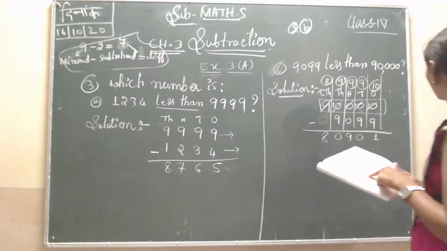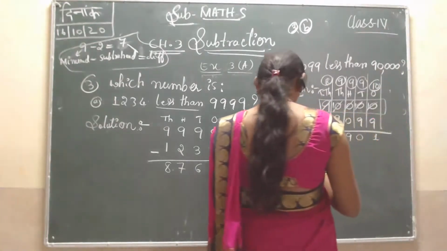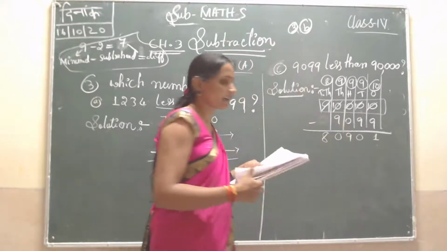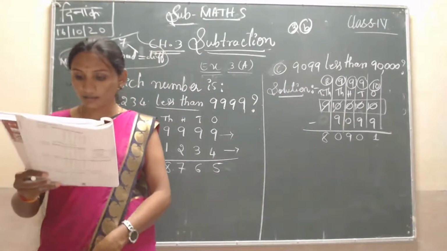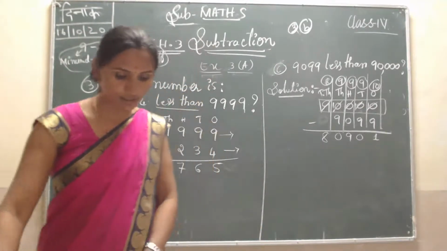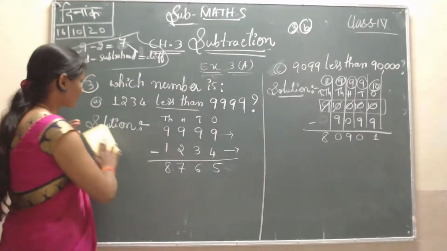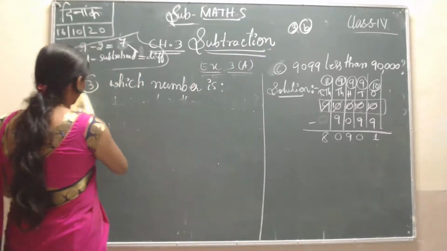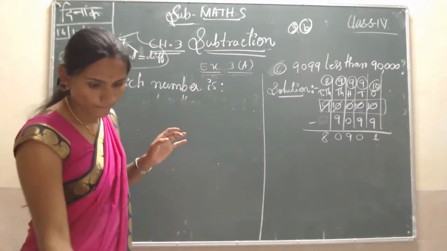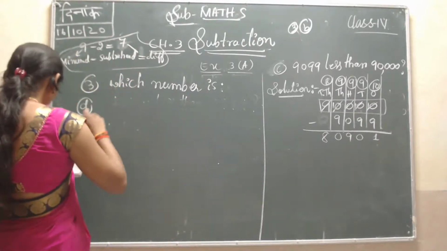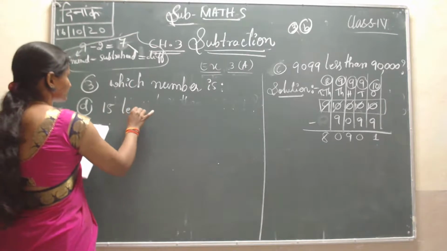9,999 is, students, 9 here, left 0, correct. What is left? 80,900. 1 is left. Okay. So in D1 question, D1 is somewhat different. Can you observe D1? Less than